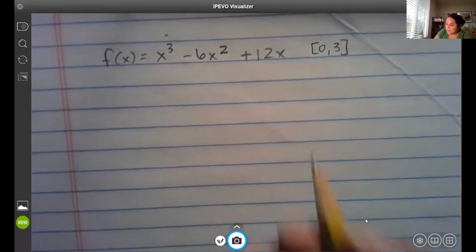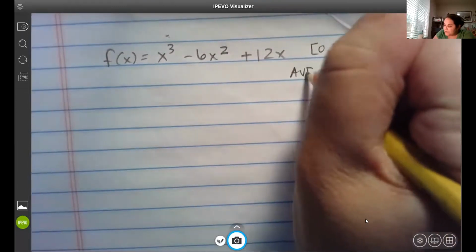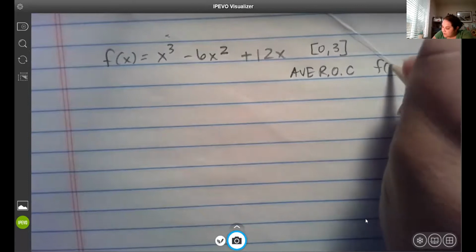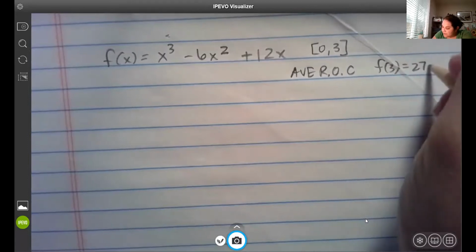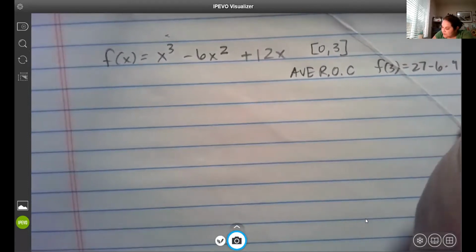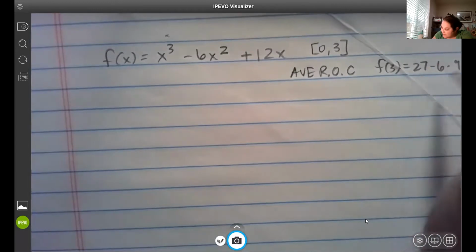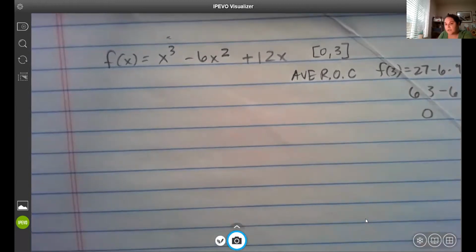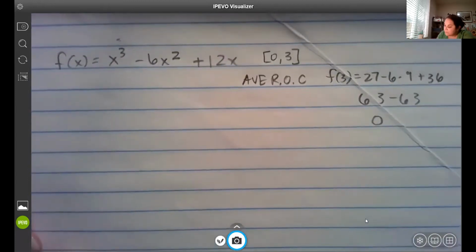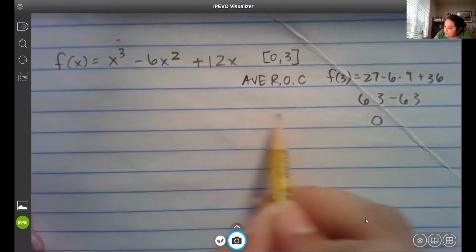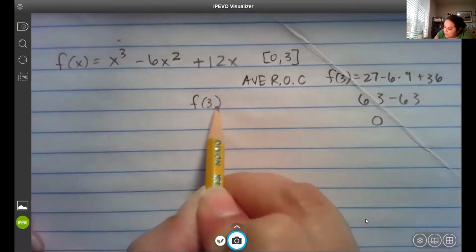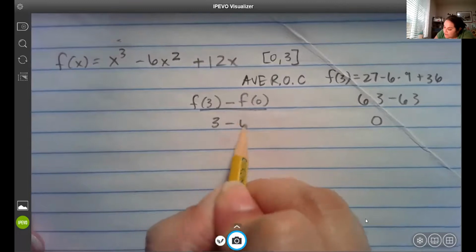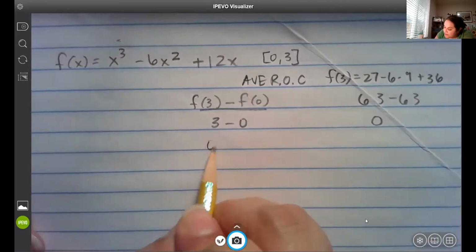So if I wanted to know what the average rate of change was, I would sub in a 3. So f of 3, 3 to the third is 27 minus 6 times 9 plus 36. Right, that's going to give you 63, take away 63, so that's 0. So that means that f of 3 minus f of 0 all over 3 minus 0 is going to be 0,